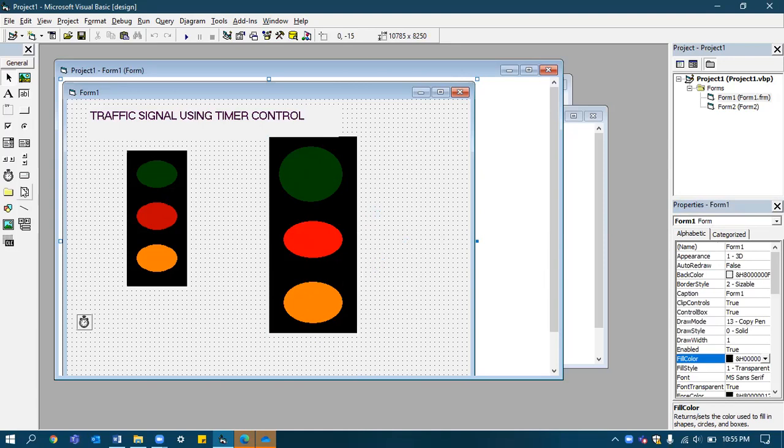For this we will be using the option called timer control. Actually, this is a practice exercise for timer control. You can use these exercises for your theory exam also, when they ask about the timer property. Timer is an object. See here, it is the timer, and I have placed one here. Based upon the counter timings, it will work. It is a very simple thing to use.